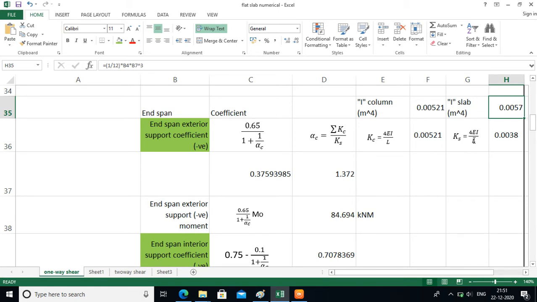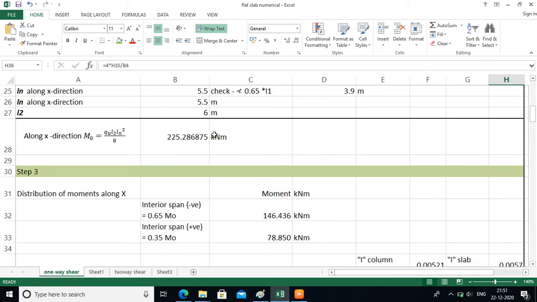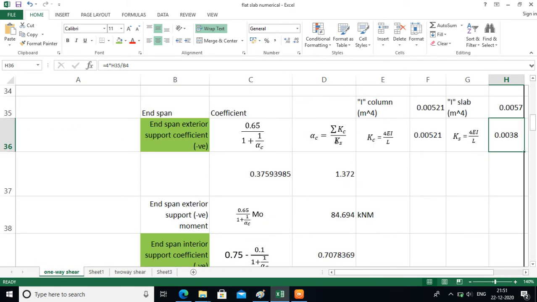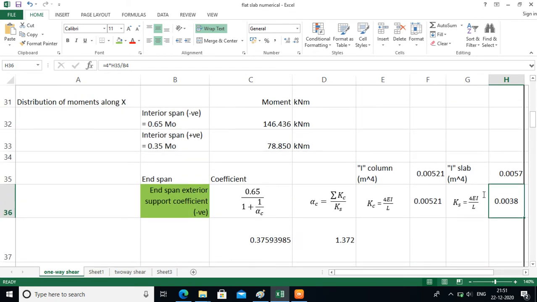And the length of slab, again we are going to consider as the length of spans here. Again I put the formula. L2 is nothing but the center to center distance between the columns in X, that is 6 meter, which I have considered as the length of slab, because we are calculating the moment in the direction of X. So this gives us the value of stiffness, and once we get these two stiffnesses, the ratio of these two gives us the value of alpha C. So see here, the ratio of these two, again the formula is put. That ratio gives us the value of alpha C as